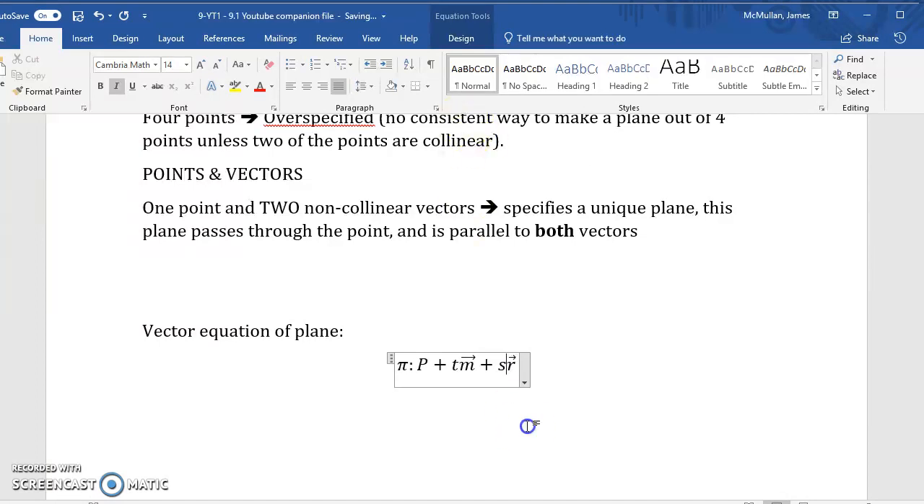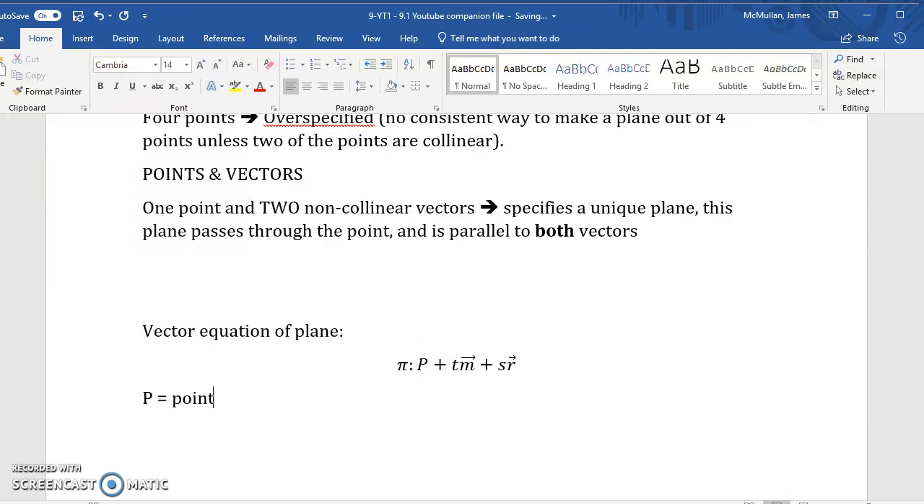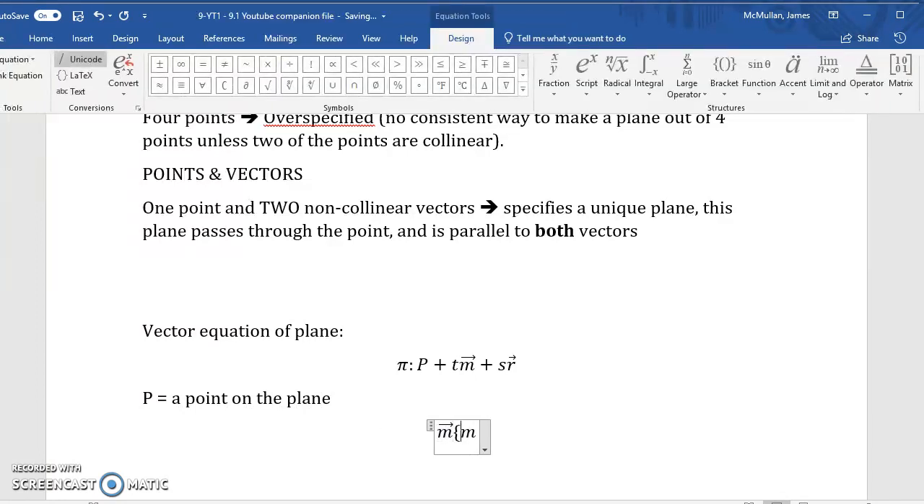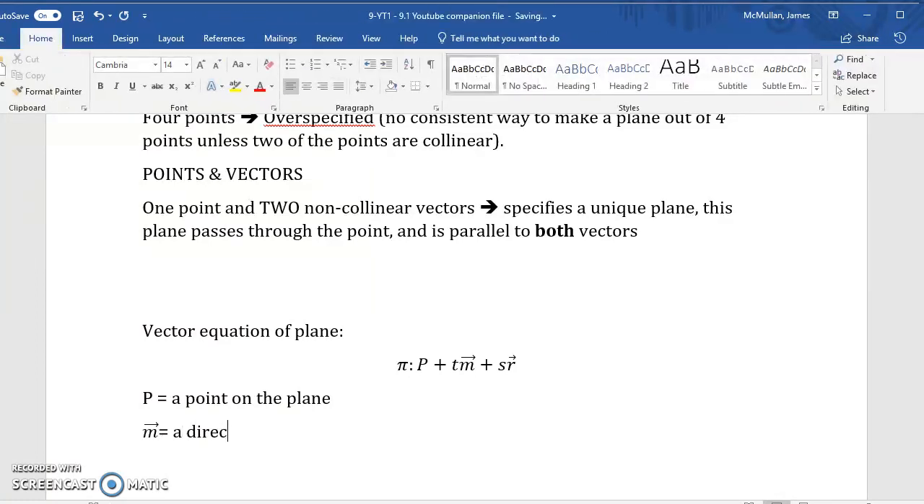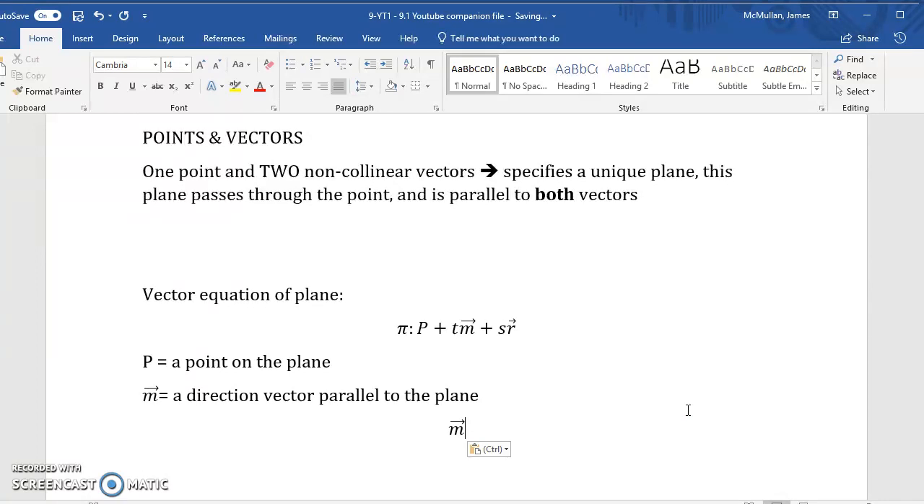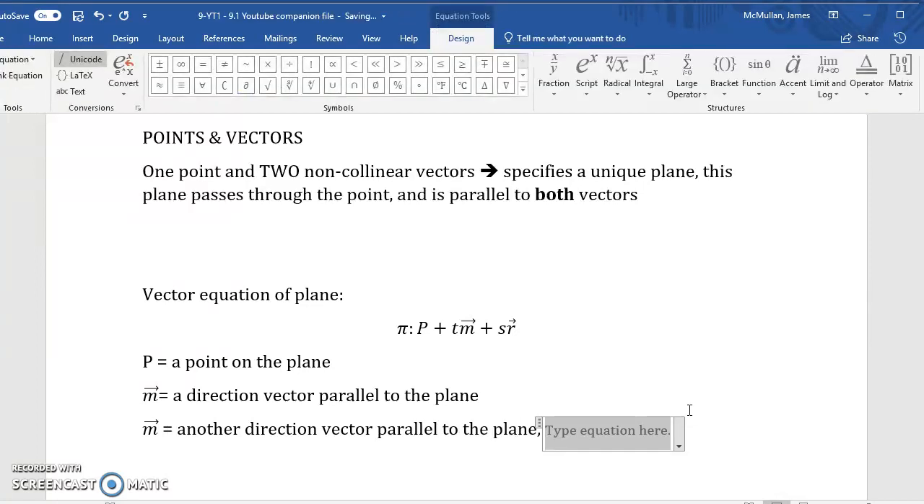And this is the equation of a plane. And it comes from the fact of what we just talked about. A point, right? We'll just write down quickly. P is equal to a point, let's say a point on the plane. M is equal to a direction vector parallel to the plane, and N, or R, excuse me, what I said here, another direction vector parallel to the plane, such that,